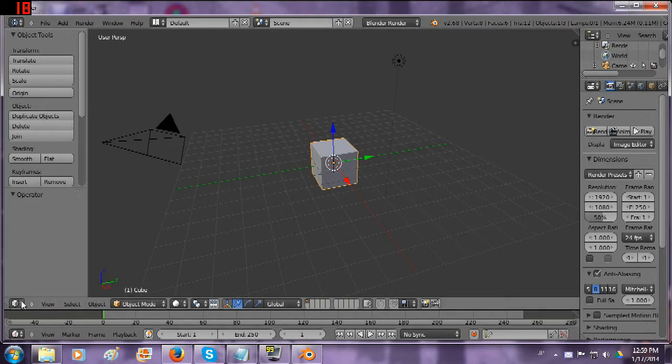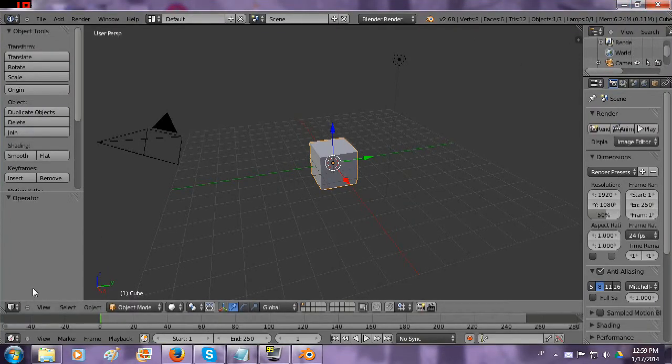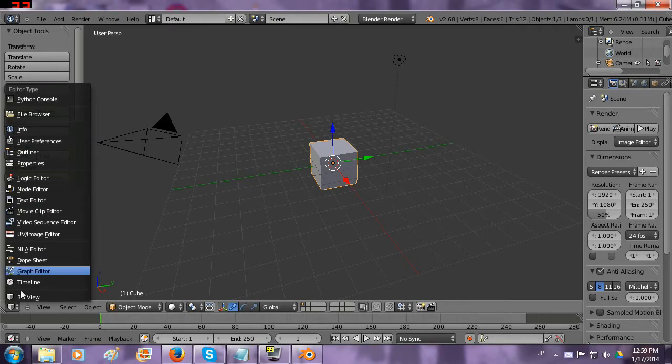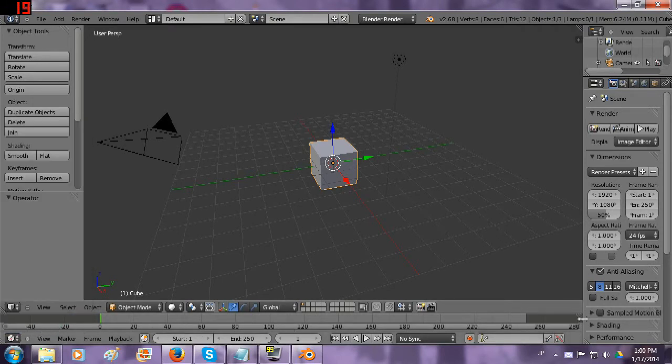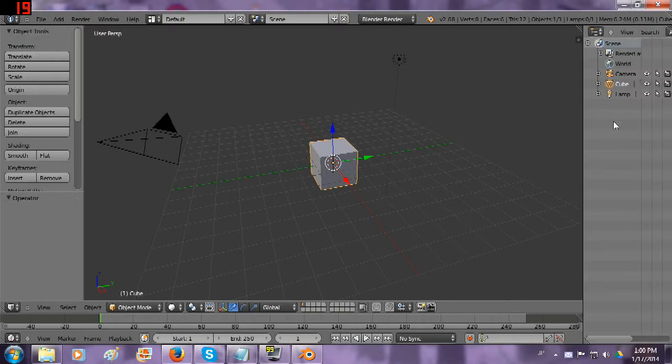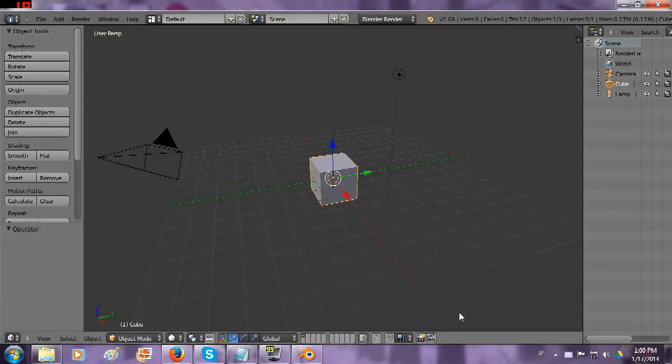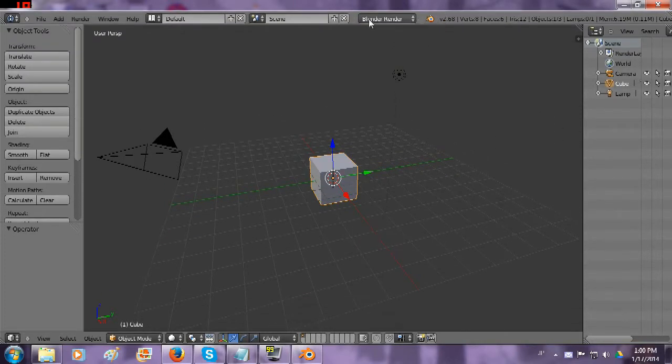Now, in the bottom of each window, okay, it's messing me up because it's not full screen, you have this little menu. You can just click on this. Like here, you can click on this one. Because see, there's one box right here, another box right here, and another little box right here. And where the boxes meet, you can right click and you can join the areas into either one. And now I can join these two together. Whoops. If I wanted to. Like I could join it into there. So now we only have like two boxes. Or actually no, I guess this box up here is counted as one box, but usually I just think of